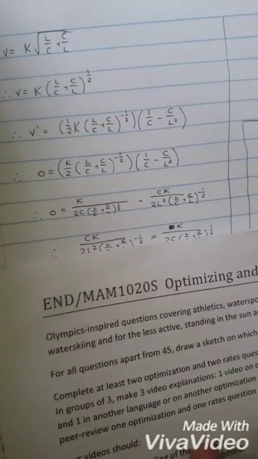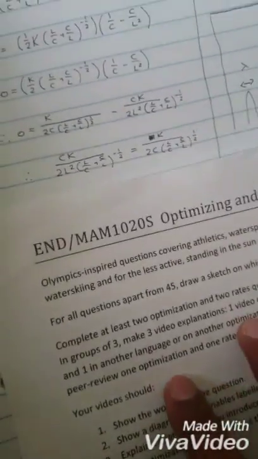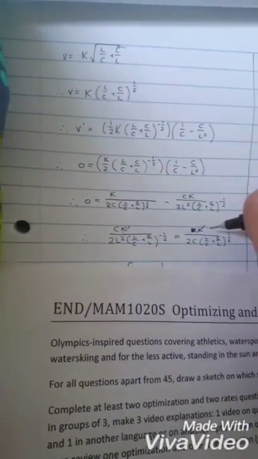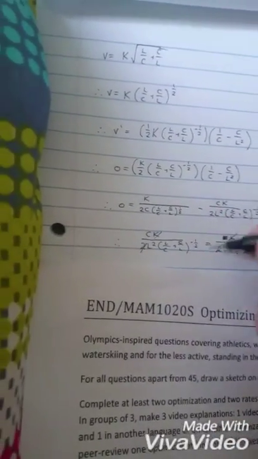So carrying on from the previous video, you can see that when you take this across to the other side, you end up with two sides with common factors, which you can cancel out. So on the left hand side and the right hand side, you can cancel out the K's, you can cancel out the 2's, you can cancel out the whole bracket as they are the exact same on both sides,